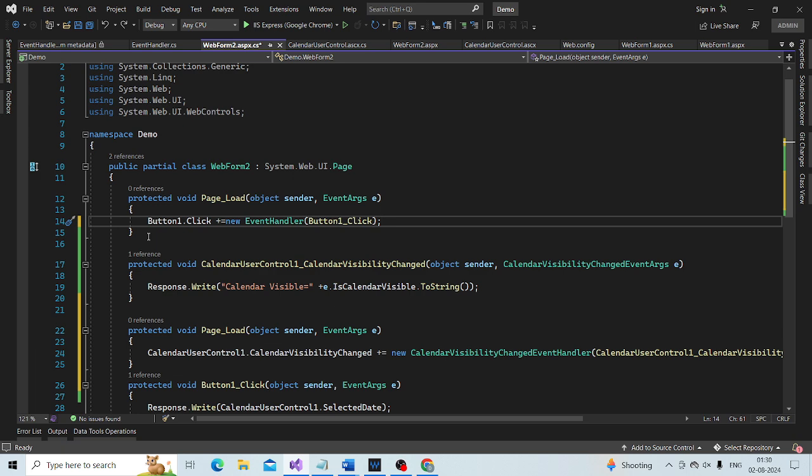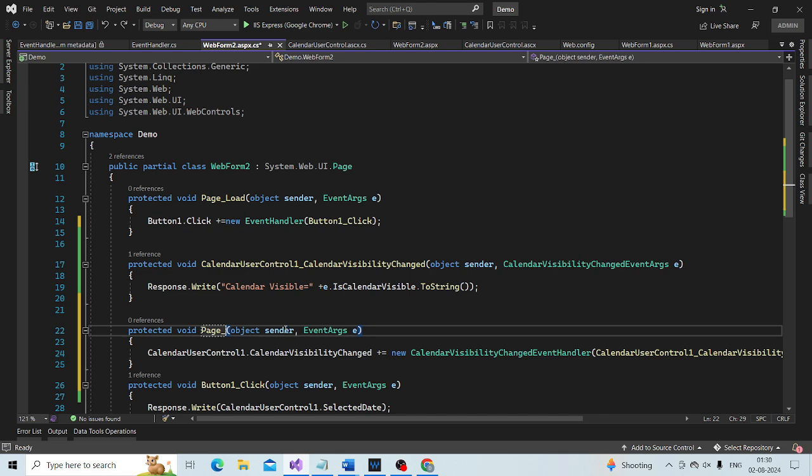Okay, let's call this page pre-render. And when does the page pre-render event happen? It happens after the page load event.